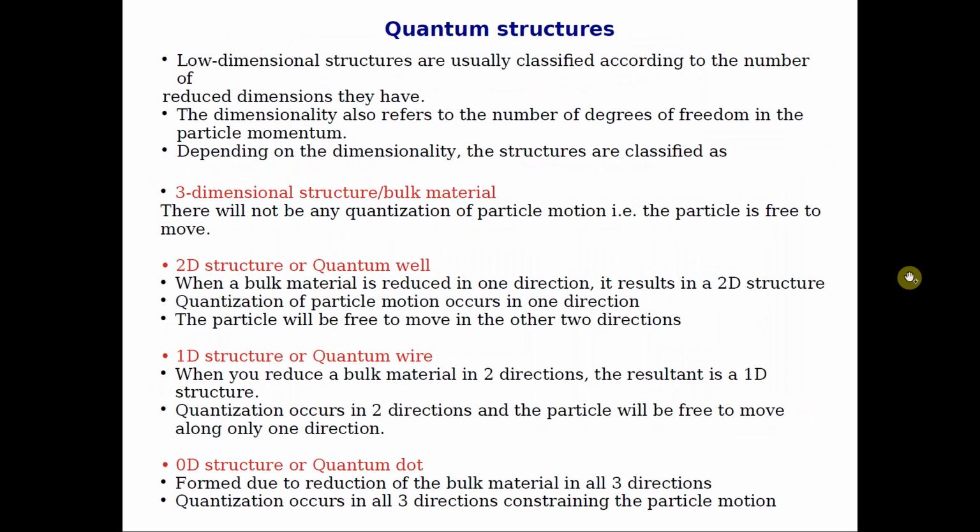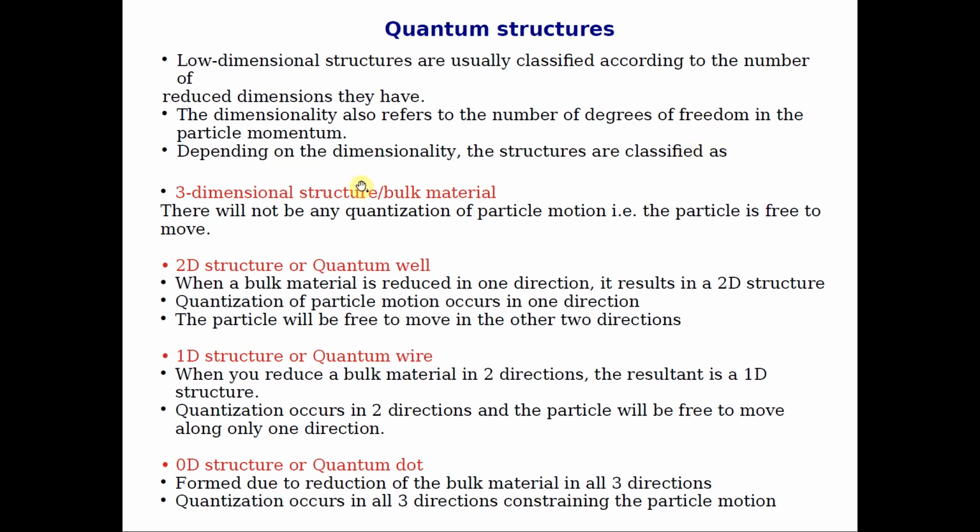Okay, now I'm going to talk a bit about quantum structures. We talked in the previous lecture on nano that we classify materials into different types: either bulk, or a film, or a wire, or a dot. We are going to consider something similar, and we now understand how quantization takes place when you reduce the size of the material.